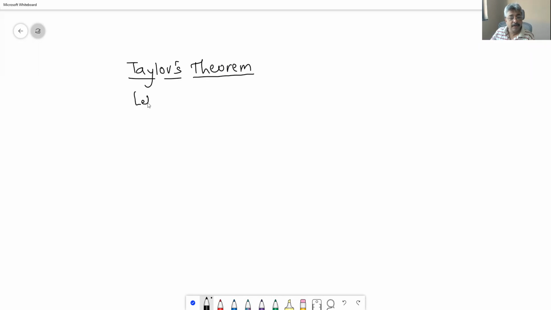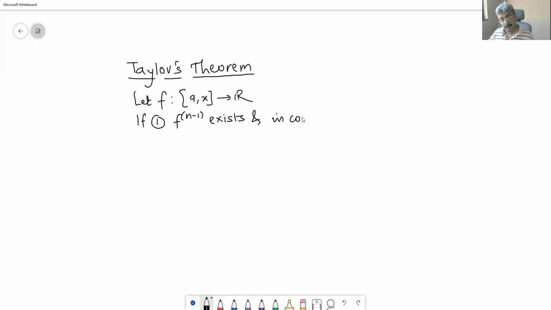Anyway, let f be defined from a to x to R. If the n minus 1th derivative exists and is continuous on the closed interval a comma x, and f n exists on the open interval a comma x, then